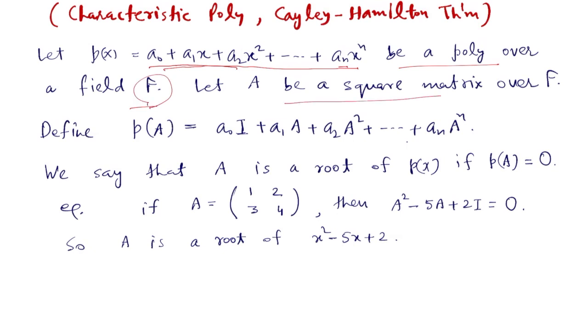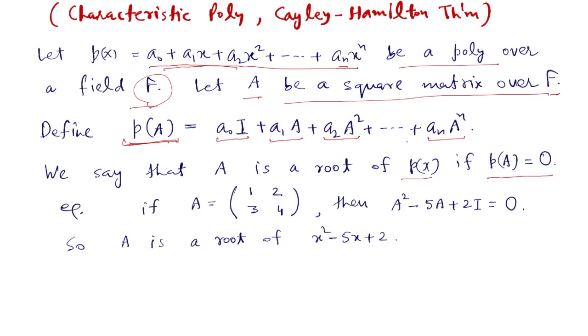Let A be a square matrix over F, means entries of A are coming from F. We define P of A to be equal to, it's a polynomial in A, it will be a matrix, and this matrix is equal to a0 I plus a1 A plus a2 A squared and so on up to an A to the power n. We say that A is a root of this polynomial P(x) if P of A becomes the